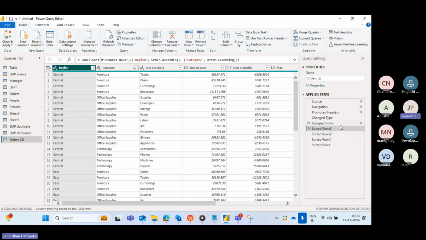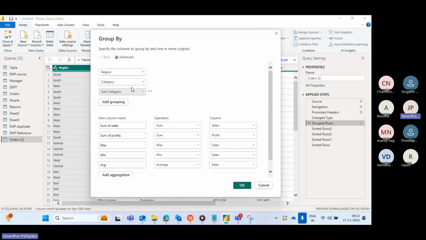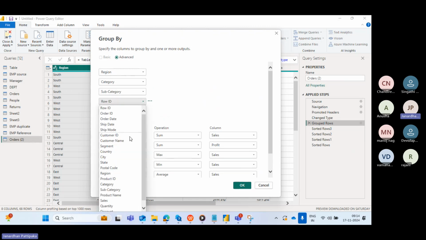And when you click on this gear icon over here, not only this, you can analyze region-wise categories, subcategory. In subcategory also, we have different types of products. In the subcategory also, we have hundreds of products. You want to see in that subcategory, how much each of my products is performing. If you want to see that information also, you can go for add grouping. In the add grouping, instead of subcategory, you try to give the